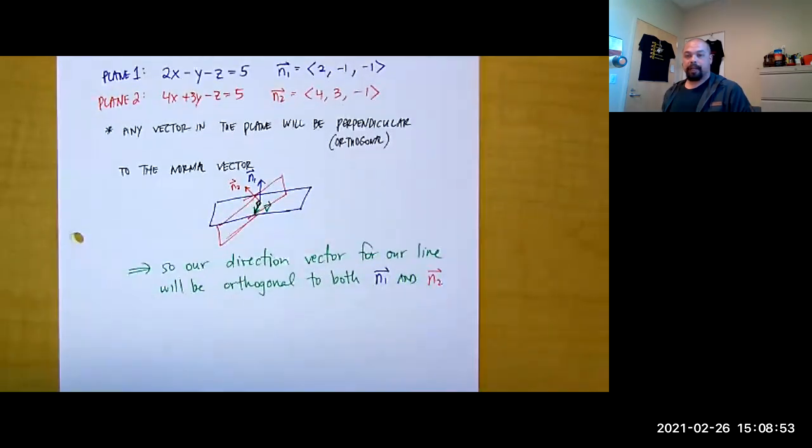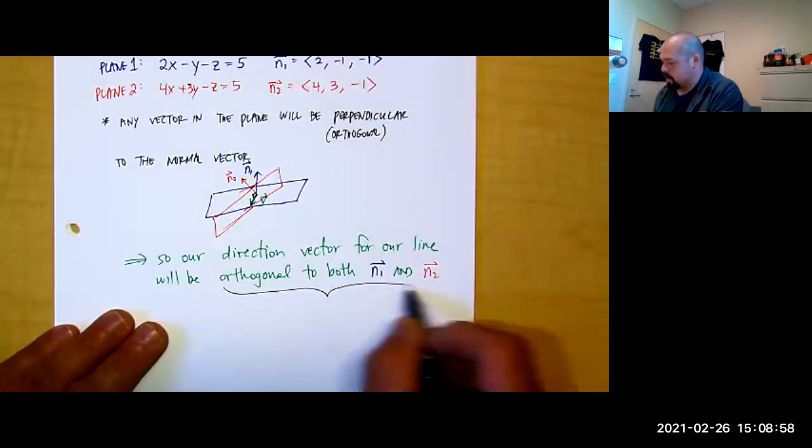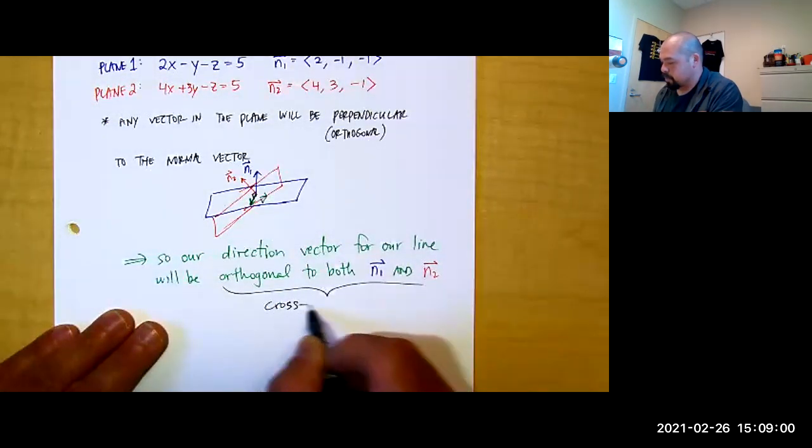So if we're perpendicular, orthogonal to both of those normal vectors, sounds like we need the cross product,